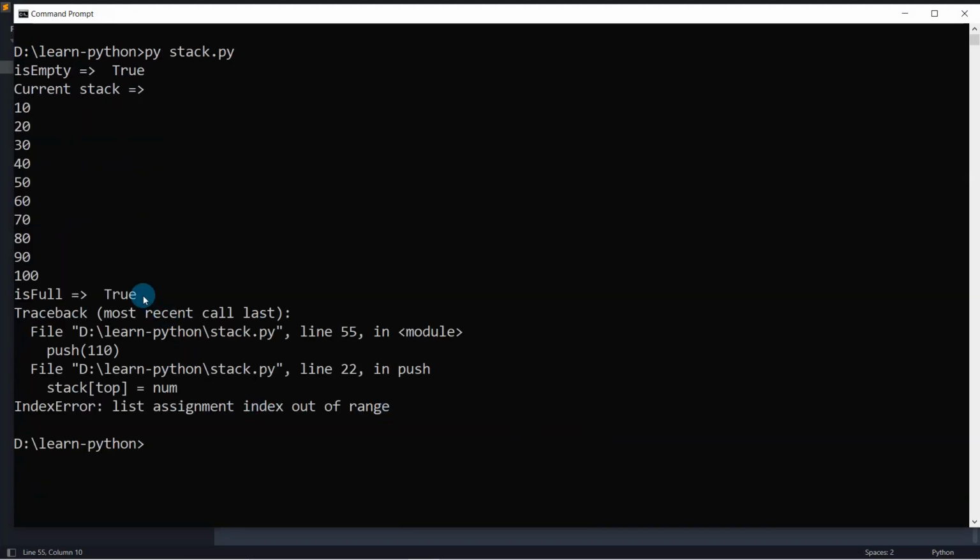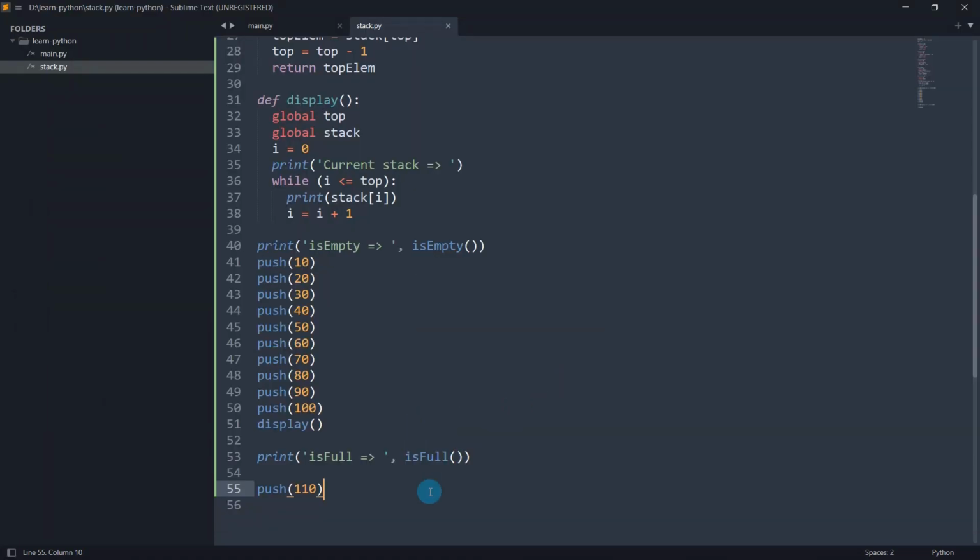See what happened. Till now the program executed properly, no issues. But here you got some error, correct? That is assignment index out of range. This exception came. So this is the error case. So how do we handle it in the code itself? Otherwise your program will crash, or something weird may happen if you don't handle things properly. Correct?